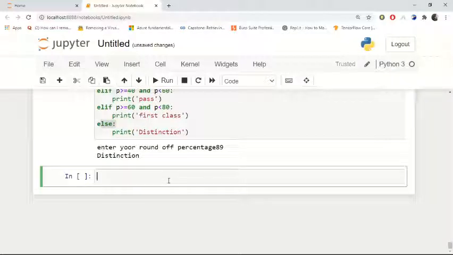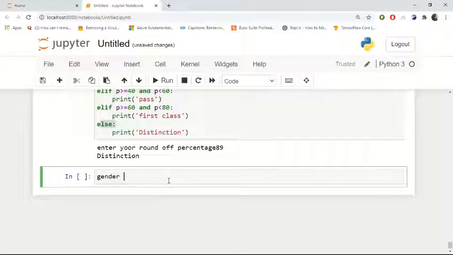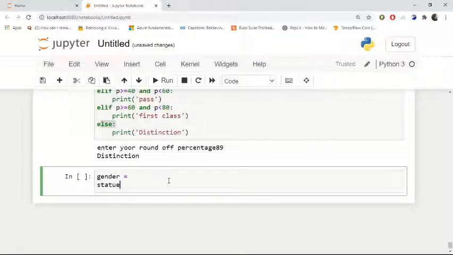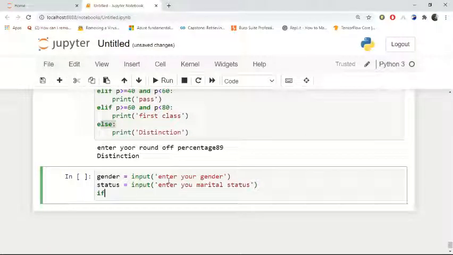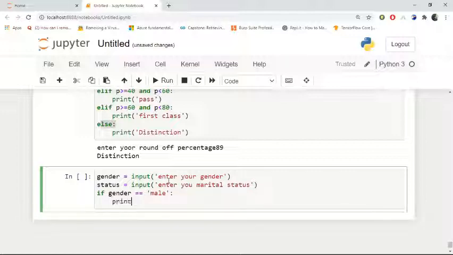So here I will write gender, and then I will write status. So I'm taking two inputs. Okay, so here I'll write input, enter your gender, then I will write input, enter your marital status, right? So here if I write if gender equal to male, print